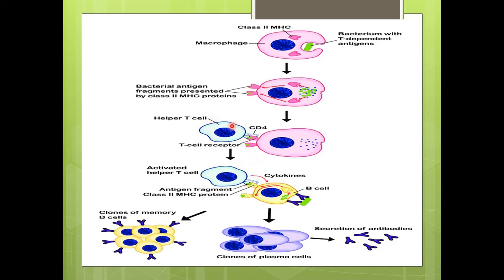Now, the helper T cells are not only activated by the B cells, they can also be activated by other antigen presenting cells, as is shown in this diagram. Here is the macrophage, and again, it is an antigen presenting cell. It will engulf the antigen, process the antigen, and a part of the antigen will be associated with the major histocompatibility proteins. Class 2 proteins present the antigens to the helper T cells. Now, helper T cell will be activated. It will secrete cytokines, and cytokines will cause further activation of the B lymphocyte.